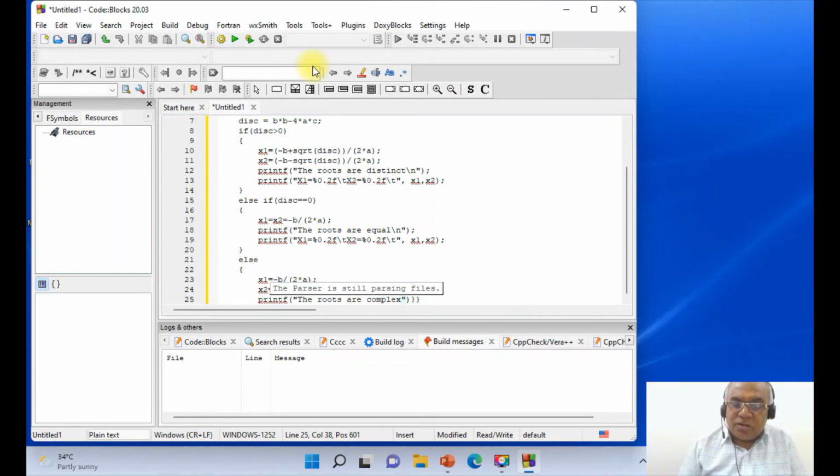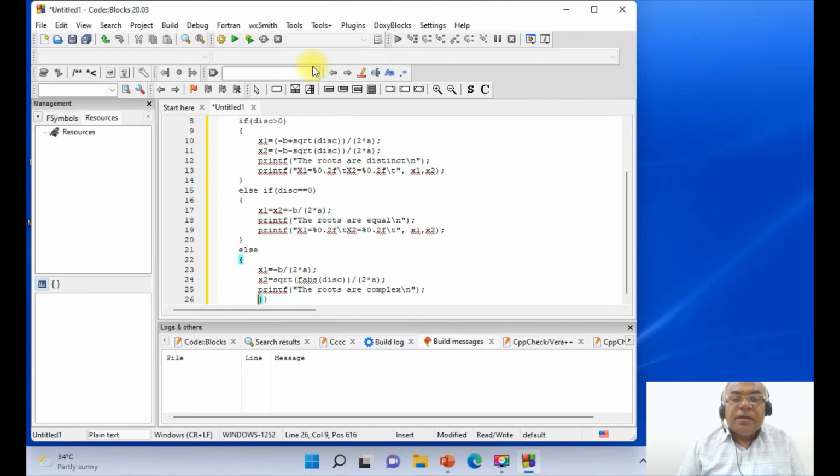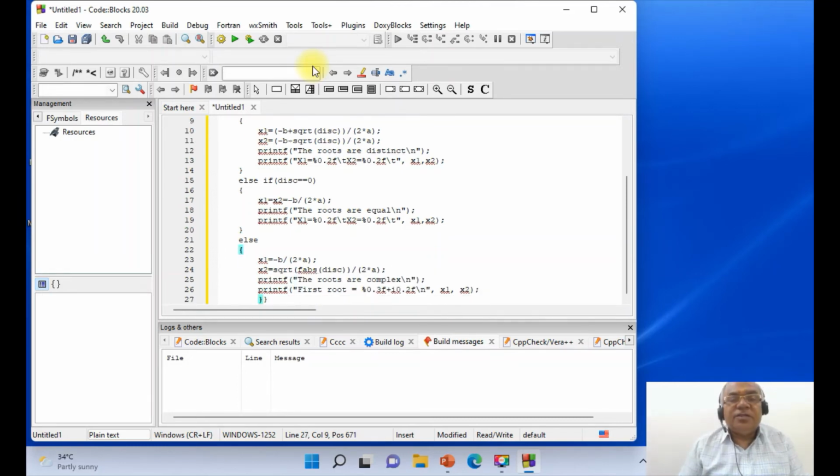So once we say the roots are complex, that means you are going to have a plus ib and a minus ib. printf("the first root = %0.3f + i %0.2f\n", x1, x2);